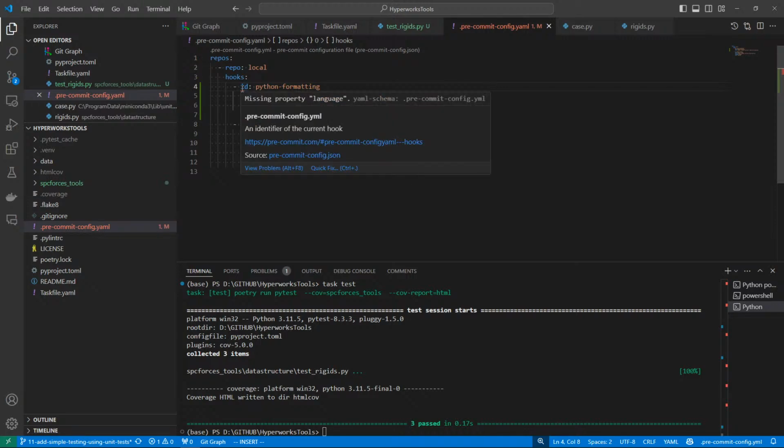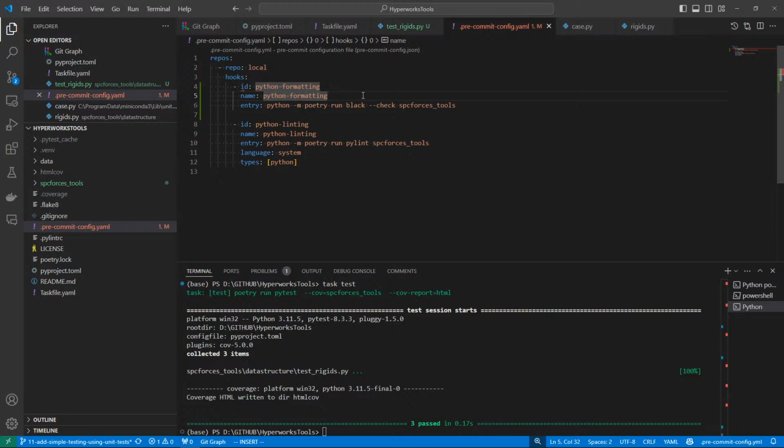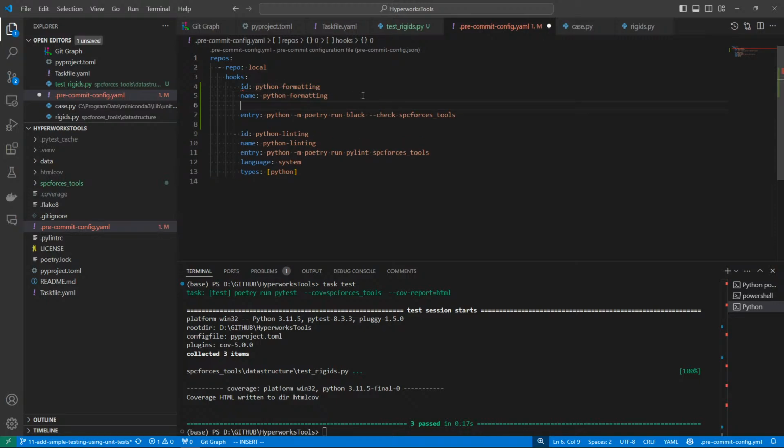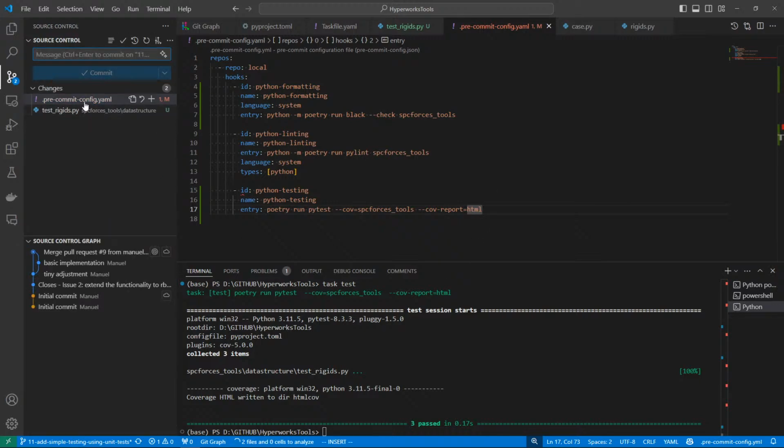Missing property language. Language? Alright, system. Yeah, and then let's do the testing. Python testing. Yes, I would say that's correct. Now let's see if we, first of all, we do the commit hook and commit that one. Commit hook, because then we are sure that for the next commit,